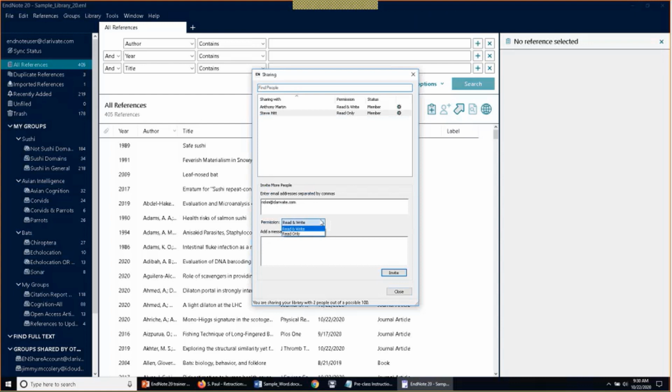I'm going to give my colleague Rick access to my library, so I'm just going to send him an invitation email by defining his email address here in the middle of this window. Like I mentioned, I can change the access rights. The default permission is read and write, but I could restrict this to read only. In this case, if Rick didn't need to make changes, he just needed access to the library, that would